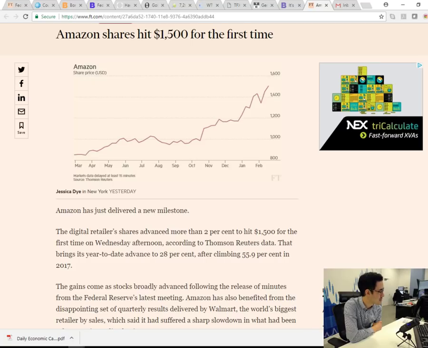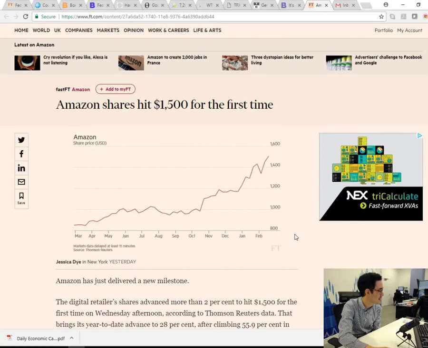We're seeing their shares just continue to really knock it out the park. I mean, year to date, Amazon are up 28%. This is after a more than 55% climb in their share price last year. So just quite incredible to see. If I was mapping Walmart, they've pretty much done the opposite.